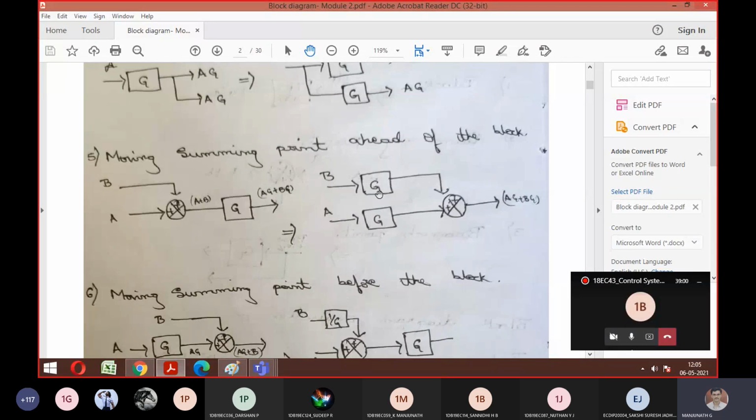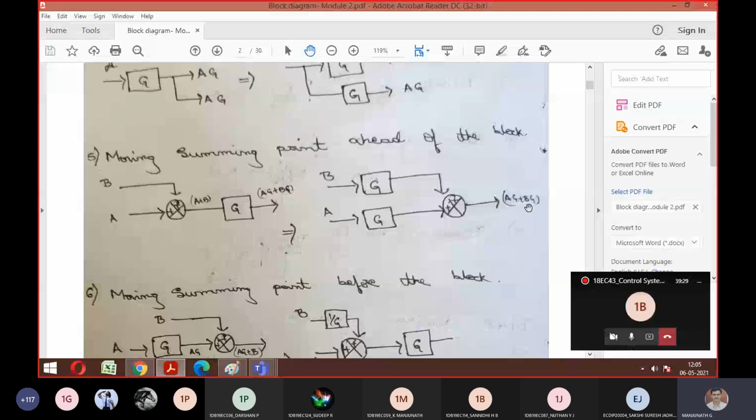Why we should multiply? If you won't multiply, then the ultimate answer is not going to be matched. Correct? If this G was not there, directly B is coming. Here AG is coming, so combination will give you B plus AG. That is going to mess up with my original data. For that purpose, we have to multiply one G block to my B signal so that I'm going to get BG as output here and AG from here. If I add, it will be AG plus BG, same like my first category.